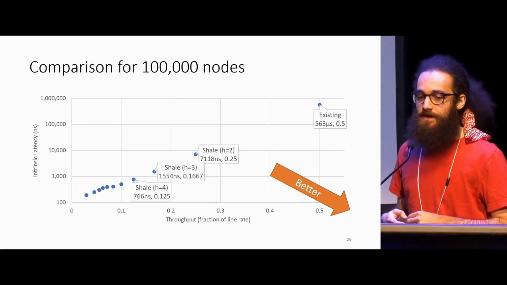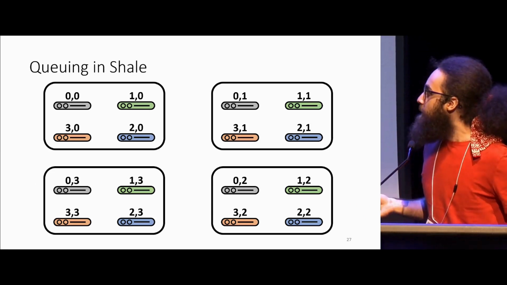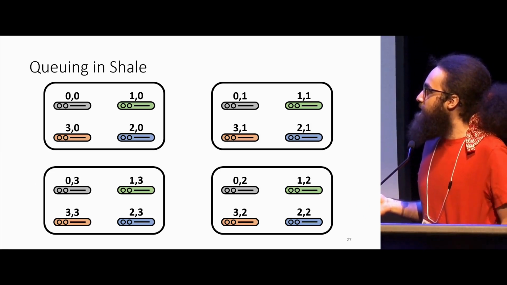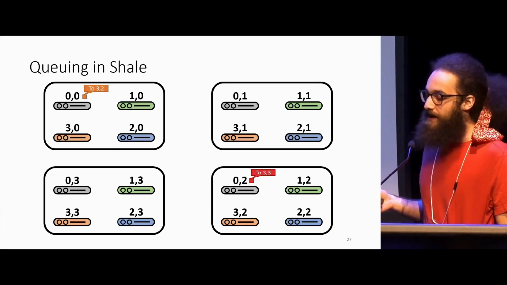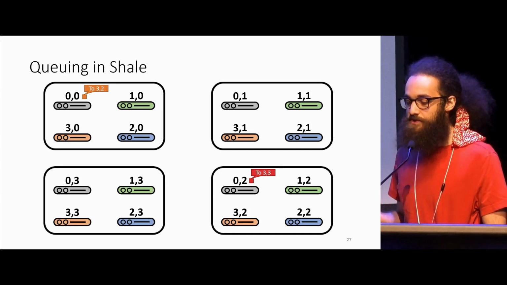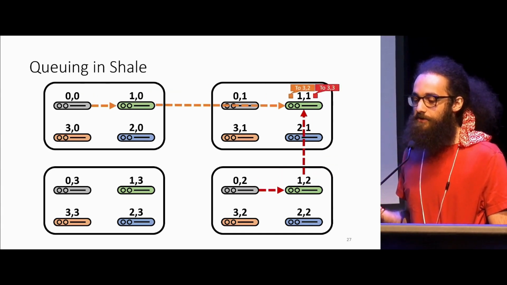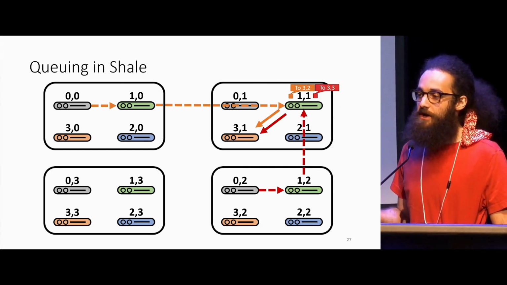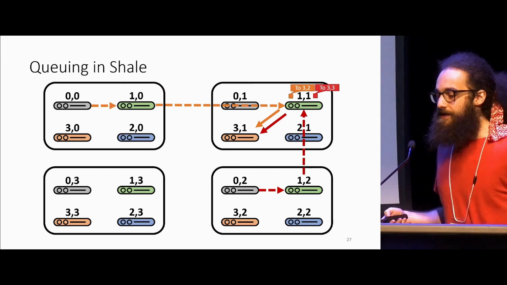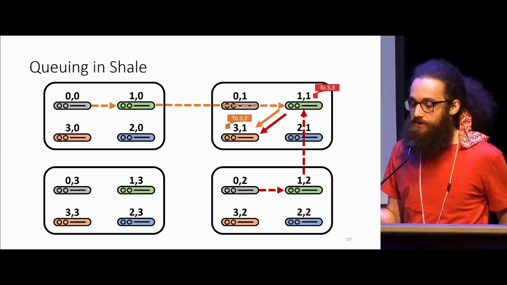But now let's talk about some of those other sources of latency that I avoided before, namely queuing. Here's an example of how queuing can happen in an unexpected situation in Shale, where we have these 2 different cells that are headed to different destinations and are coming from different sources. But if we happen to spray them to the same intermediate node, it turns out that they want to take the same direct hop as their next hop, according to Shale's routing. We have to pick one of them to send first, and the other one will just suffer some queuing delay.